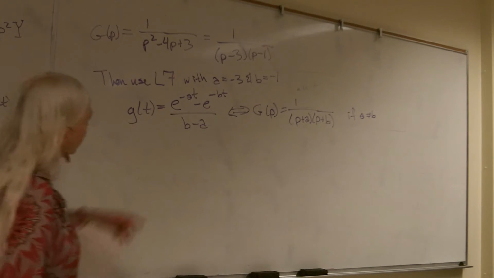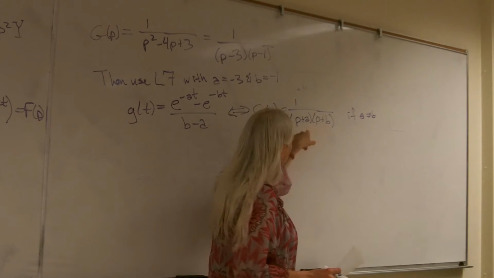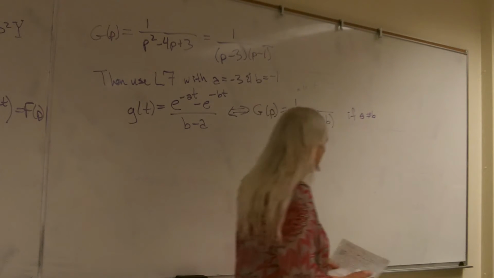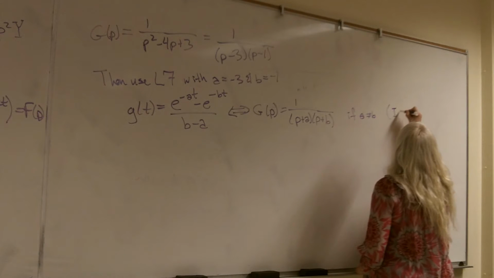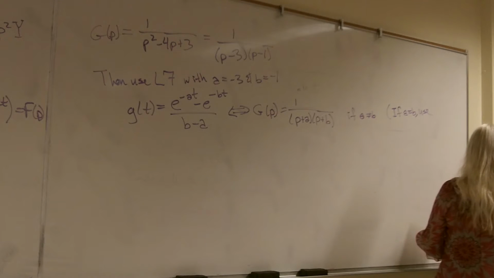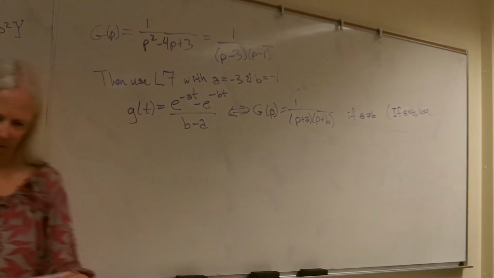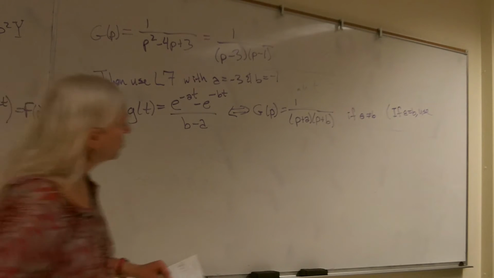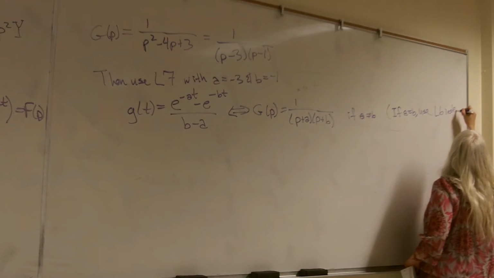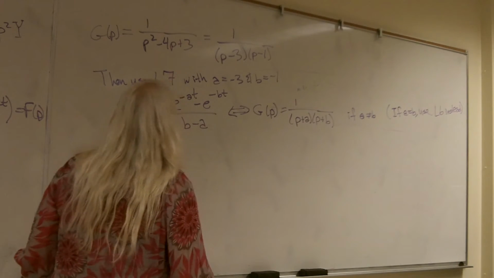By the way, if A and B had been equal when we factored this, in other words, something of this form, if A and B turned out to be equal, you would simply use table entry L8 or L6 instead of L7. L6. Okay? So anyway,